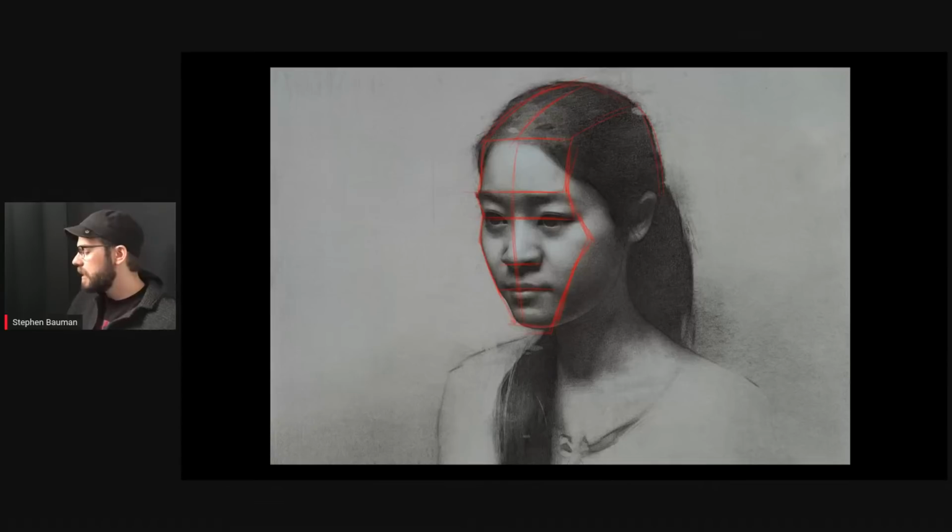One of the things that will probably be evident to you if you have a little bit of anatomical background is that each of these angle breaks is usually related to a skeletal feature, right? We have a skull underneath all of this skin and fat and hair, and that is guiding a lot of the forms of the head to be revealed. And maybe the more that you know about them, even naming them for that matter, the more utility you can make out of them in the beginning. So